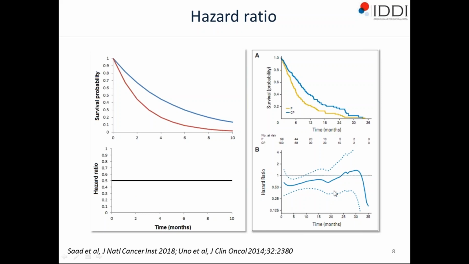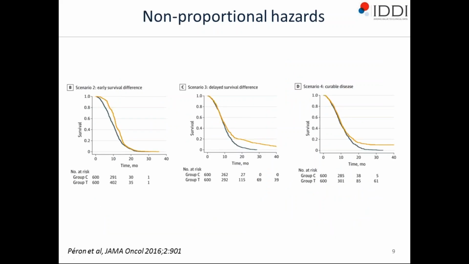If the hazard ratio is plotted, we can see that it's in a way time dependent, and depending on where you look, it's really not a reliable metric in terms of really capturing the treatment effect over all the survival experience. So there are many situations, and Mark will mention something about that in his part of the talk, where